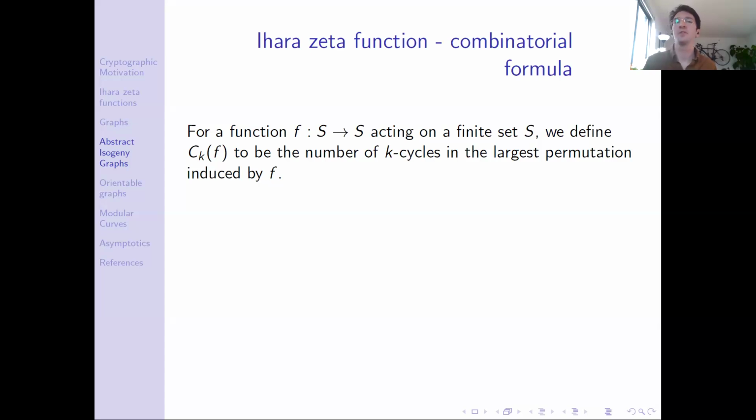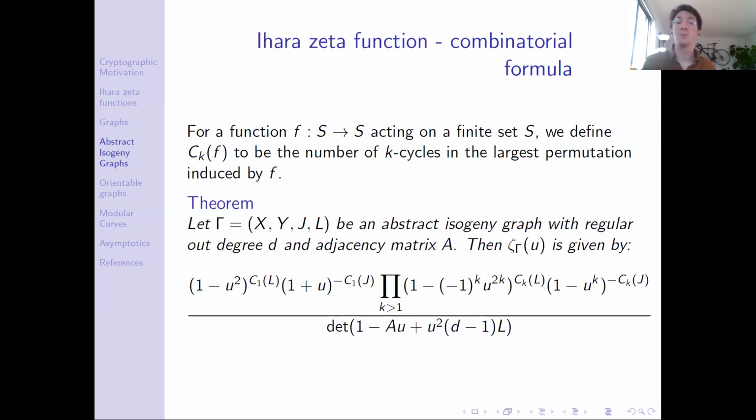You can think of the function as just moving elements of S around, and you can throw out all of the elements of S that don't have a preimage under F, and you'll get this largest set. And so we give this notation C_k(F) to be the number of k-cycles in this permutation induced by F, right? And then our combinatorial formula for the zeta function of an abstract isogeny graph